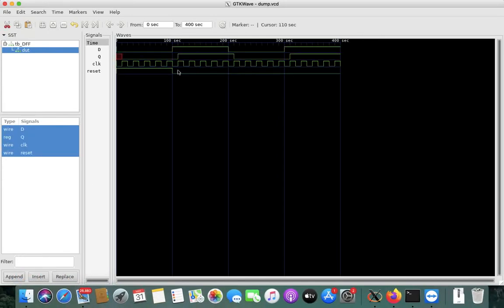Okay. So here you can check that in the beginning Q pin has this red option. You can check that input D is having 1 and 1 here, and at the positive edge of clock it is changing the output. Only at the positive edge of clock it is changing the output. It is storing the register. Although the D has changed at this point of time, only on the next positive edge of clock, it is changing the output.